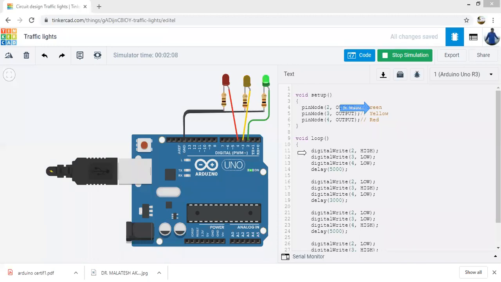Fine. You can observe 3 blocks are there. This is block 1, and block 2, and block 3.